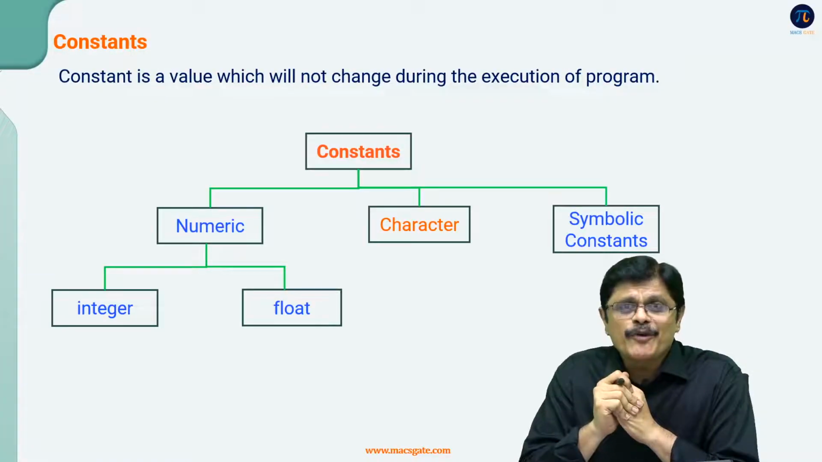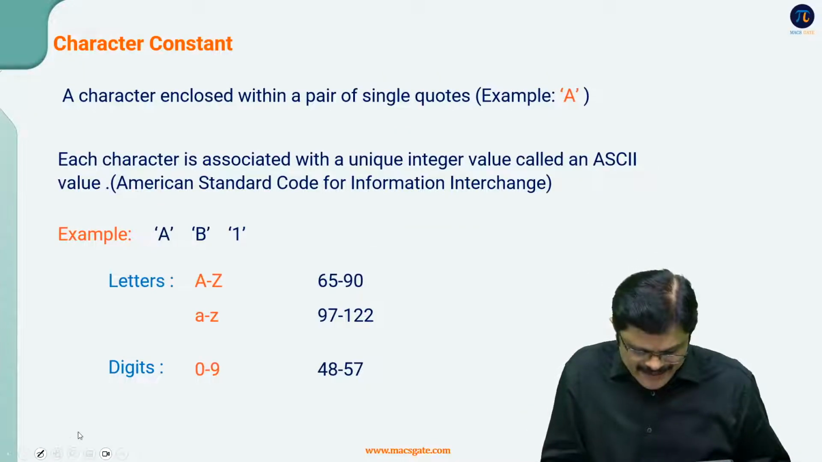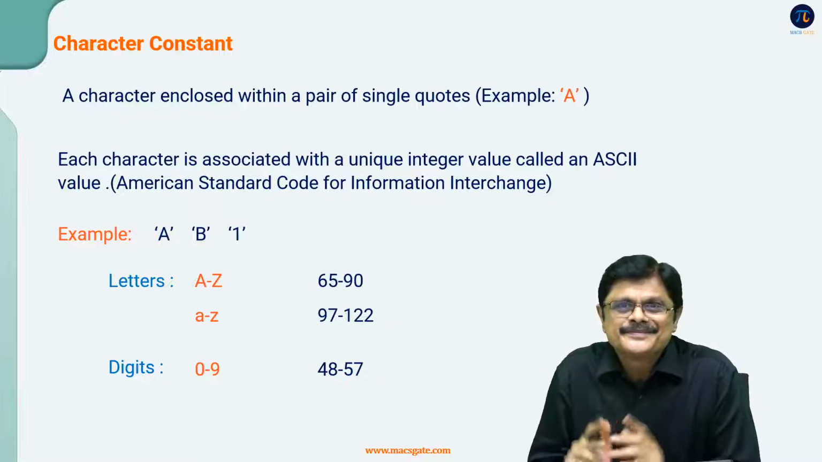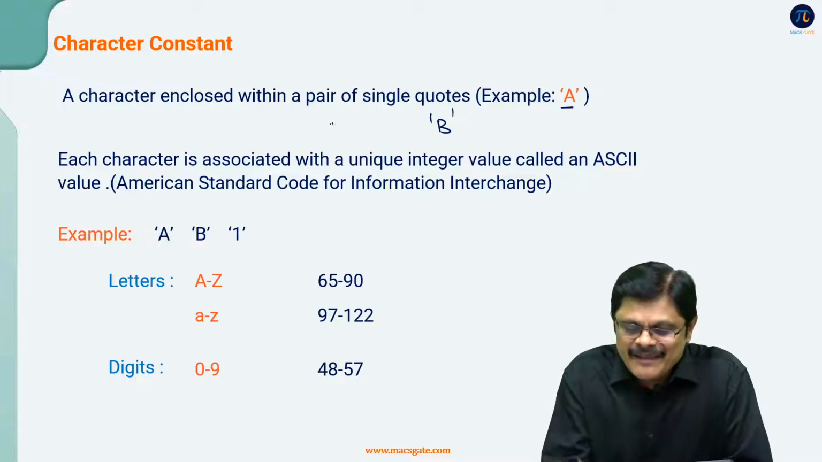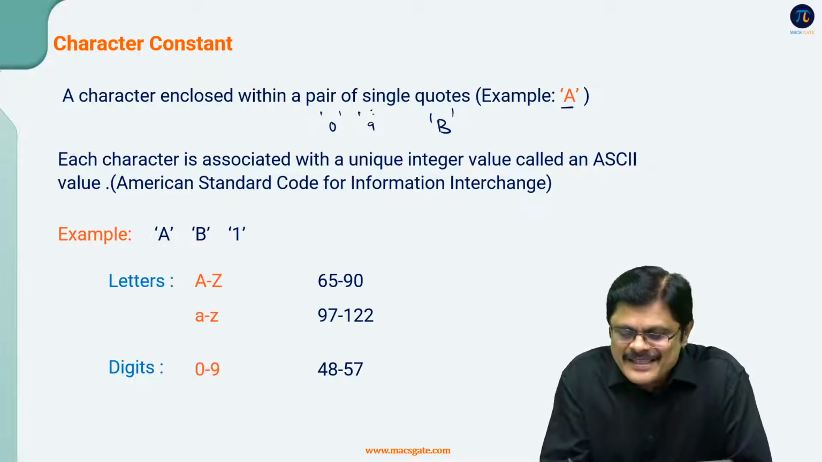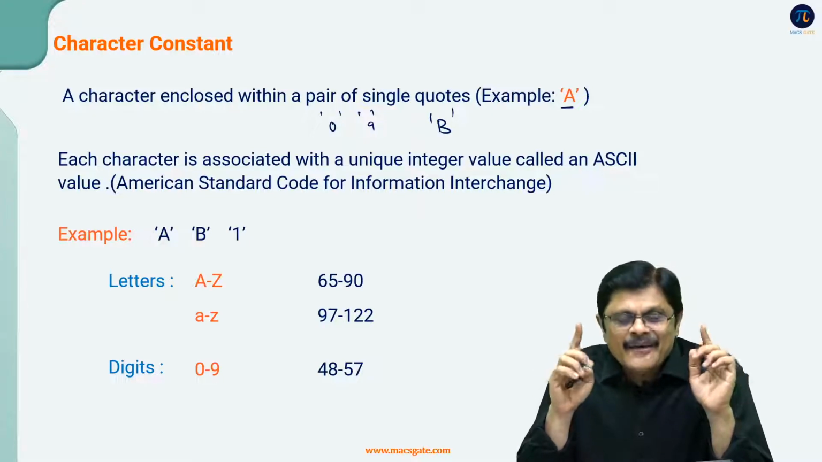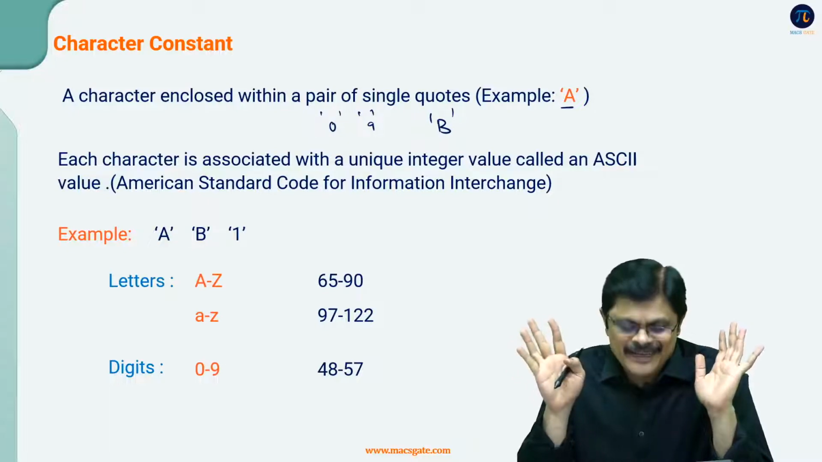Now, the next type of constants are characters. A character is enclosed within a pair of single quotes. It can be B, even numbers also, even this is a character. So, any character which is written within single quotes is considered a character constant in C language, and